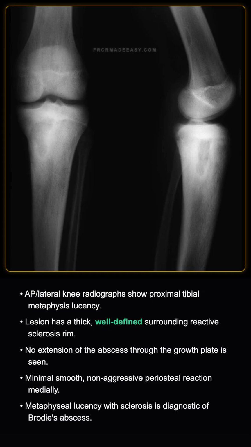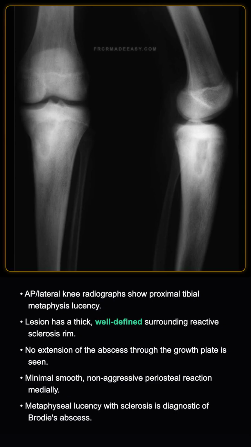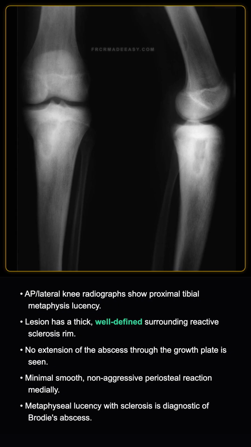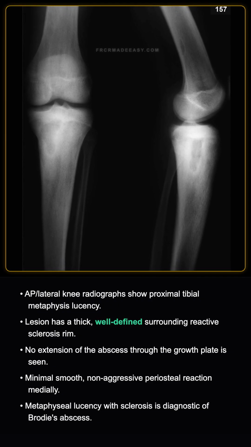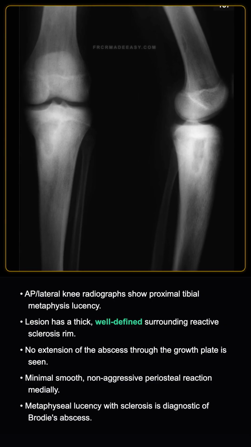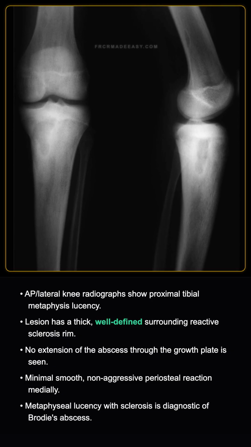Okay, I see it. The radiographs demonstrate a well-demarcated geographic area of lucency in the proximal tibial metaphysis. This lucent lesion is surrounded by a thick, well-defined rim of reactive bone sclerosis. Crucially, there is no extension of the lesion through the growth plate into the epiphysis, and only a small amount